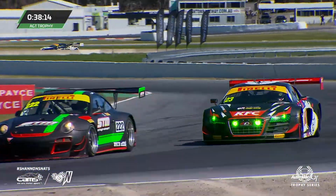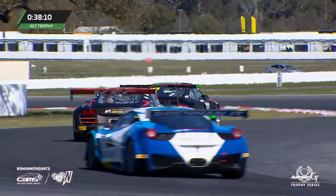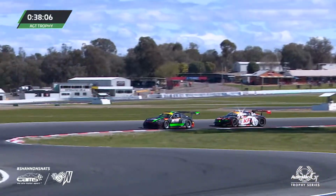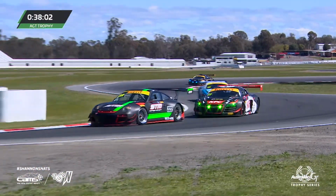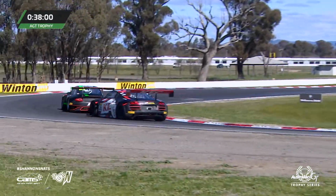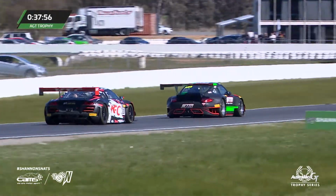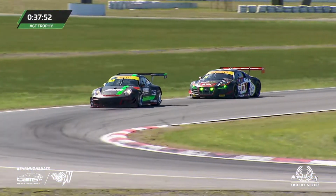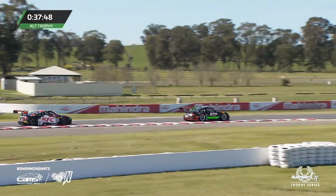If he can lead and win this race, he's done everything he physically can to claw back any advantage that Nick Kelly has. Nick Kelly's back in 4th. And we saw Matt Stupas really quick in the first half of this morning's race, and then had a slipping clutch. It was costing him almost a second a lap in the latter stages, and that dropped him down the order a little bit. So Matt Stupas looking to make amends for the disappointment of the earlier race today,